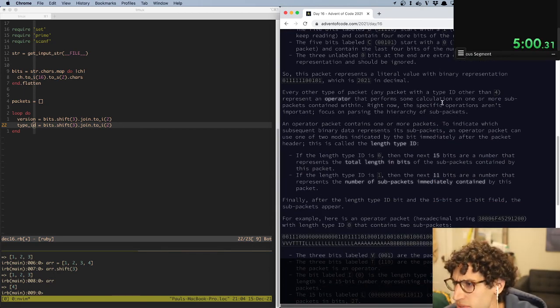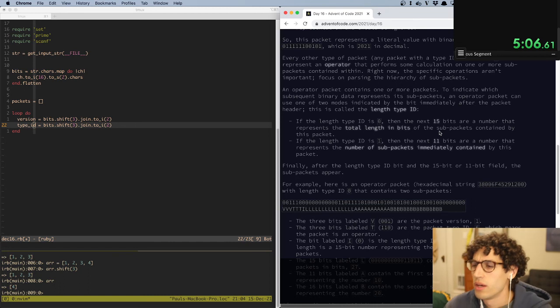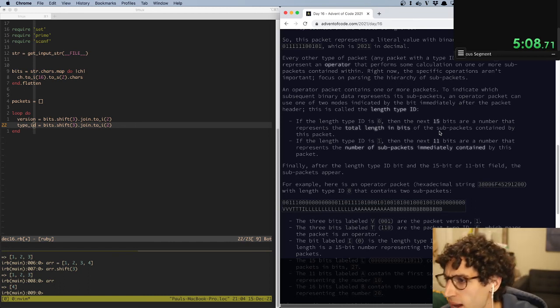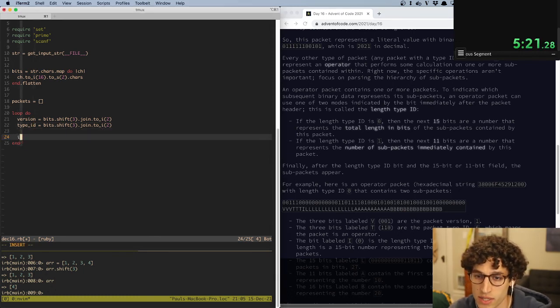An operator performs some calculation on one or more subpackets contained within. An operator packet contains one or more packets. To indicate which subsequent binary data represents its subpackets, an operator packet can use one of two modes indicated by a bit immediately after the packet header. This is called the length type ID. So if type ID equals 4, else